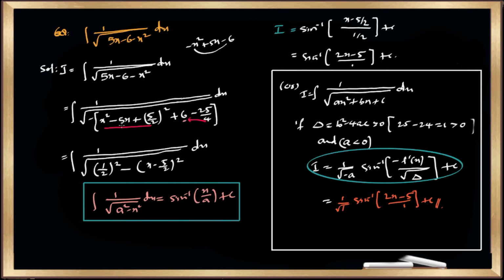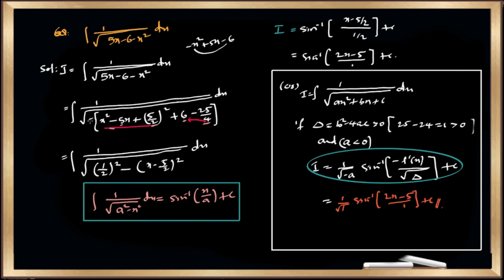Now what is the x coefficient? That is 5, so half of the x coefficient is 5 by 2. So (5 by 2) whole square addition and (5 by 2) whole square subtraction. The first three terms are in the form of a minus b whole square. So we write (x minus 5 by 2) whole square. If you multiply with minus, this plus becomes minus. Now 4 6s are 24. Minus 25 is minus 1 by 4.